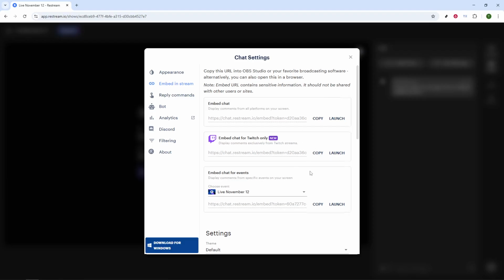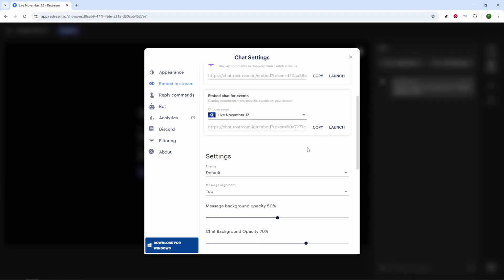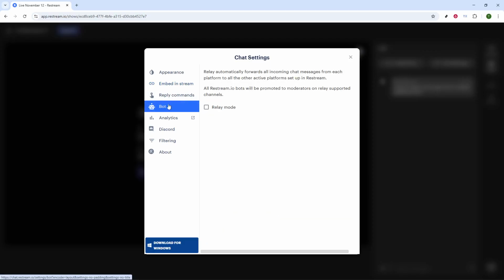Another optional but exciting feature is the relay mode. This is particularly handy if you want to drive more interconnected interactions across various platforms. Relay mode ensures messages from one platform appear on another, fostering a more cohesive community experience. To enable this feature, go to the Chat section, locate the Bot tab, and simply toggle on Relay mode. It's a small adjustment that can significantly enhance how your viewers interact with each other, creating a more vibrant and